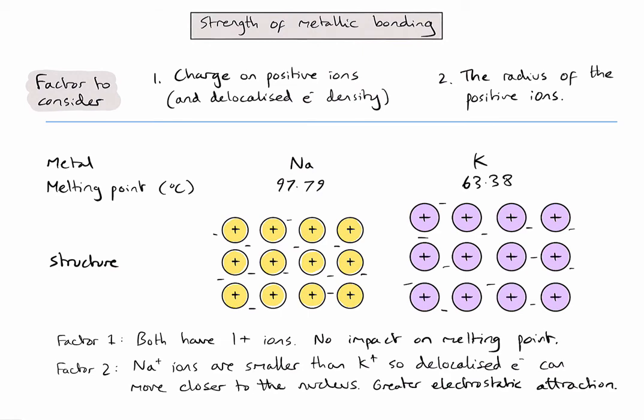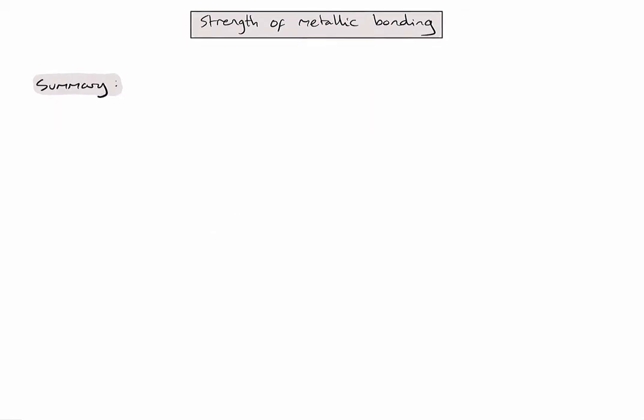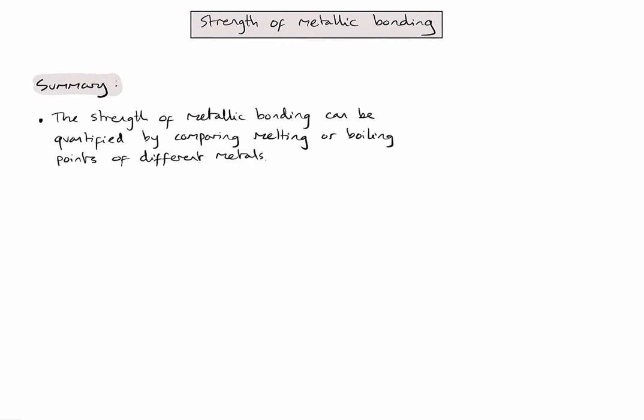In IB chemistry, these are the only two factors that we need to consider when looking at trends in melting points for metals. Let's now try and summarise the key points from this video. Firstly, the strength of metallic bonding can be quantified by comparing the melting points or boiling points of different metals. And when explaining differences in those melting or boiling points, we need to consider two factors. The first factor is the charge on the positive ions in the lattice,